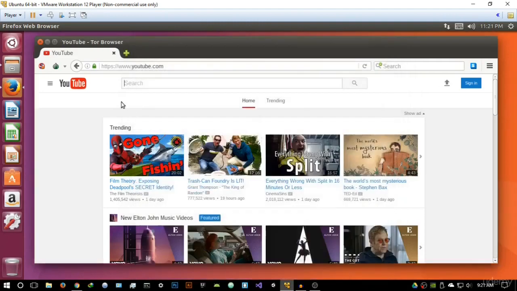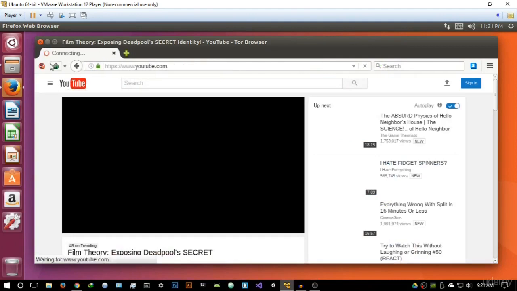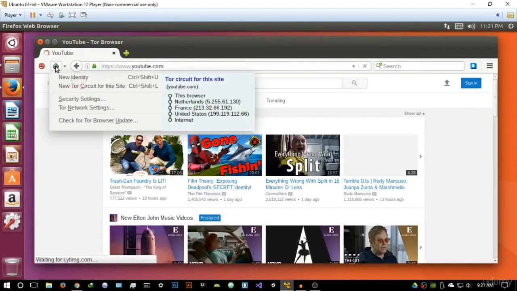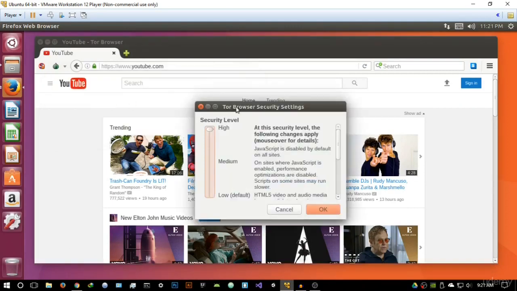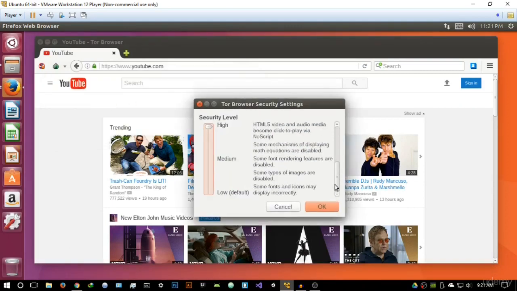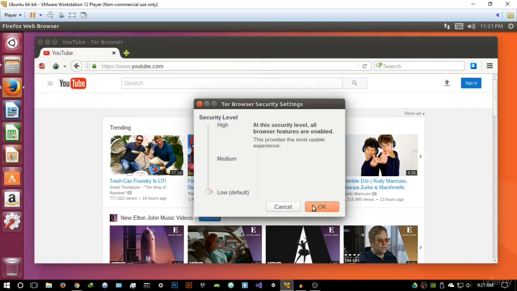So that's really up to you. Coming back to, let me just go back to YouTube. Sorry about that. Coming back to the new Tor, if you focus on the Tor circuit for this site, as I said, it's going to show you a visual representation of the chain of nodes being used. Now, if you go into the security settings, and if we were to basically say medium or low, what